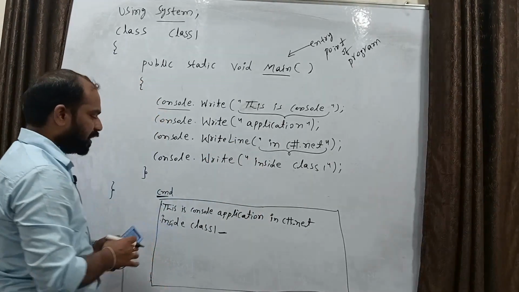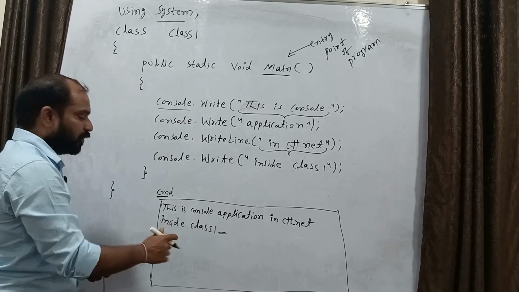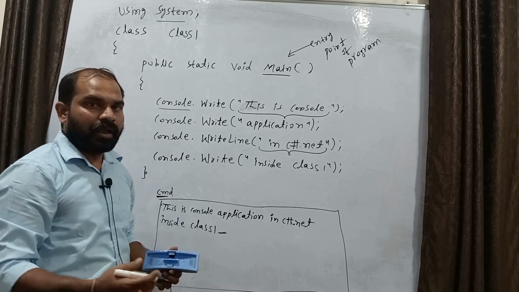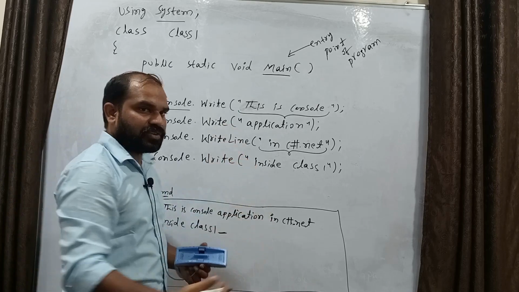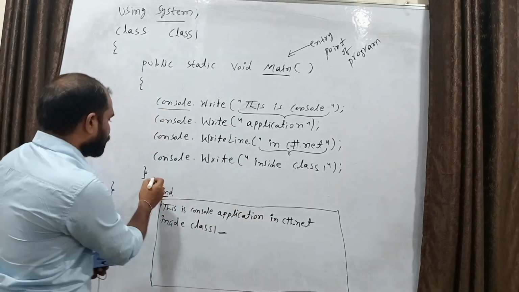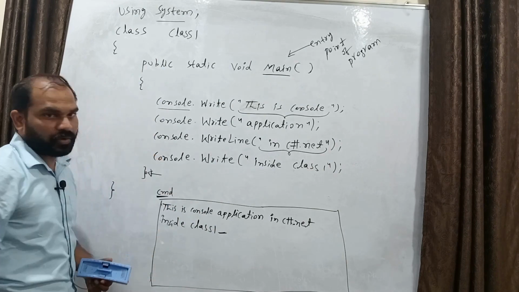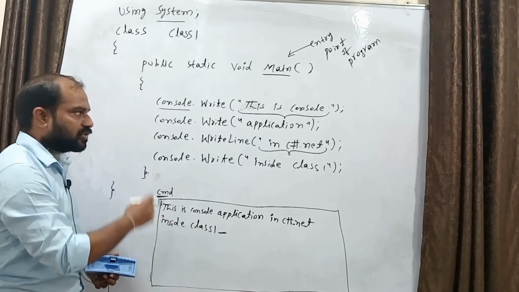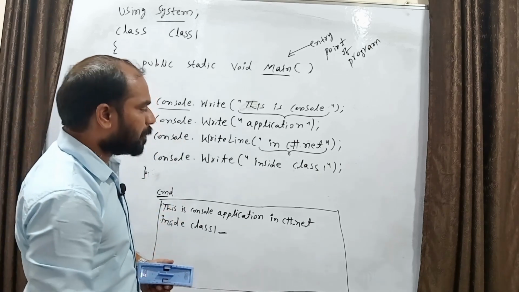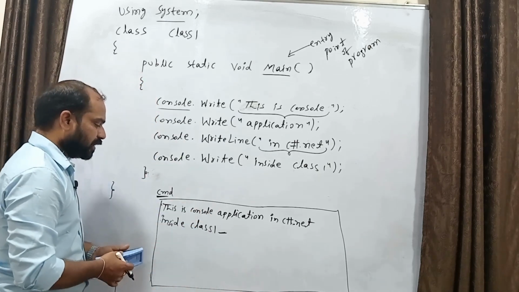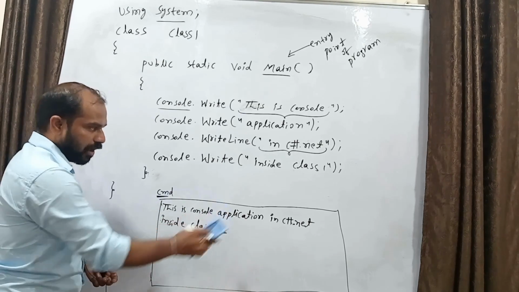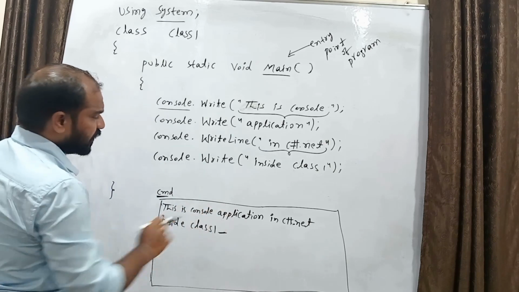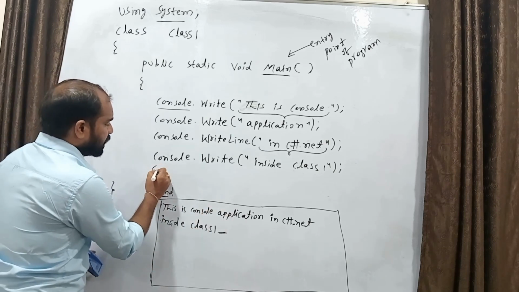This is the difference. And when you execute this program, we are not able to observe this command prompt. The command prompt will get opened and your statements will get executed immediately. At the end of your program, this is the end of your program, right? So whenever the execution of the method gets completed, the command prompt is going to get closed, right? You are not able to observe the output, right? So what needs to be done? If you want to observe this output, then use one more method, which is